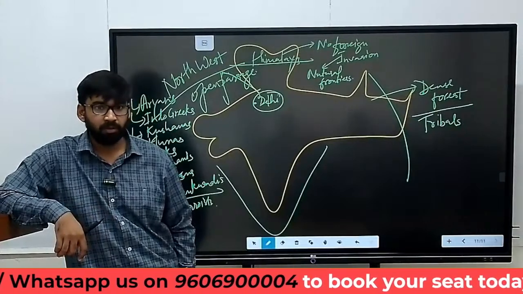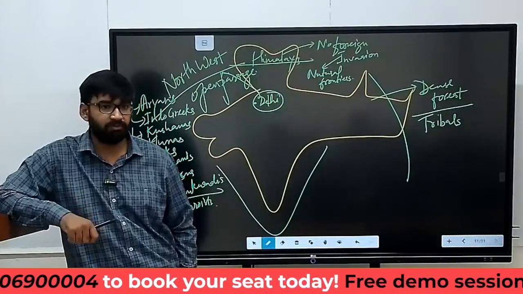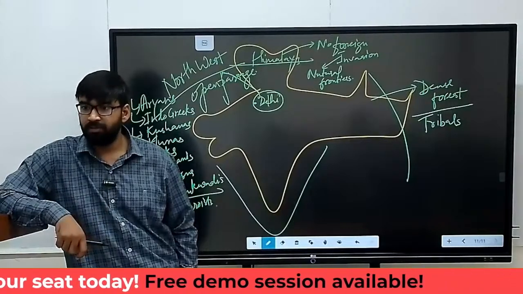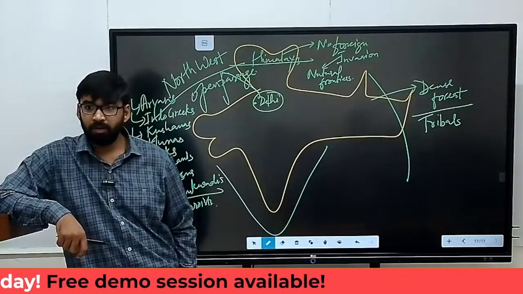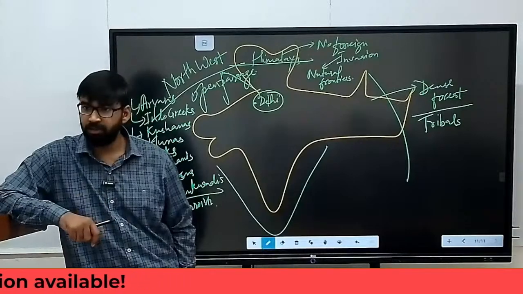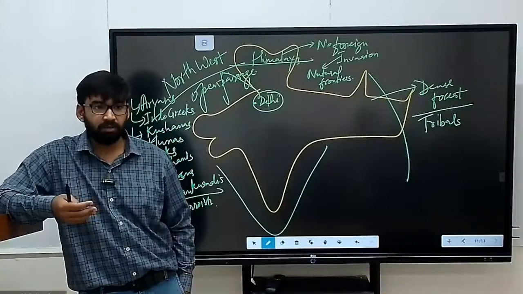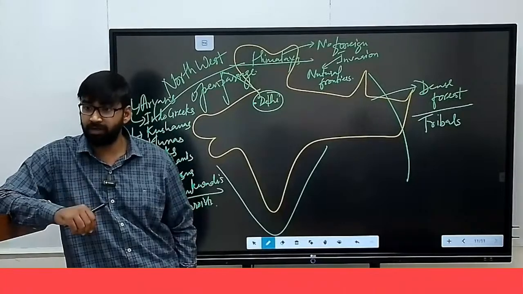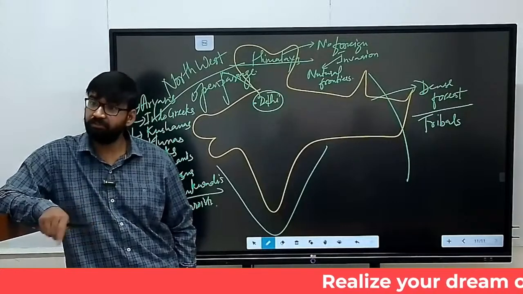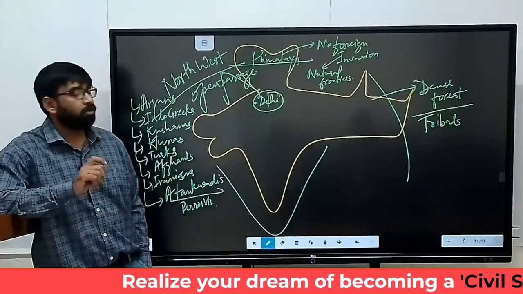Getting my point? So if you give them permission to establish an ice cream factory in Kashmir, they will be at loss, because it is a highly cold region. And if the FDI comes for a woolen factory, then it is highly profitable. Similarly, if in South India the FDI comes for a woolen factory, then it is a loss for that factory. So here an ice cream factory will be fine. Getting my point? So you should have proper knowledge of geography.